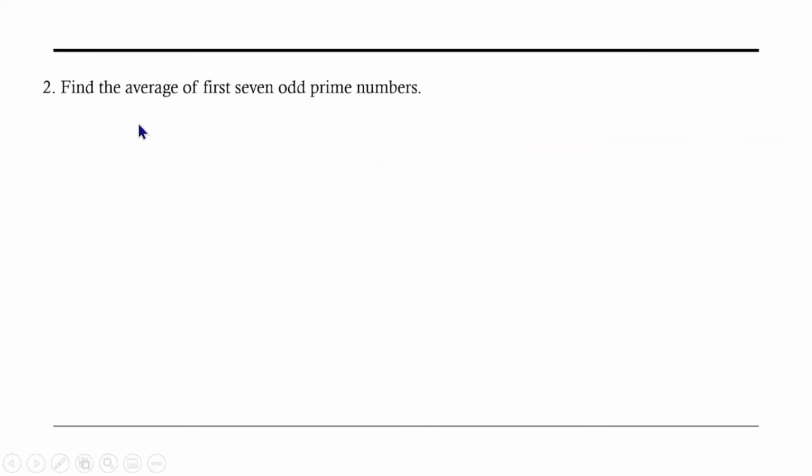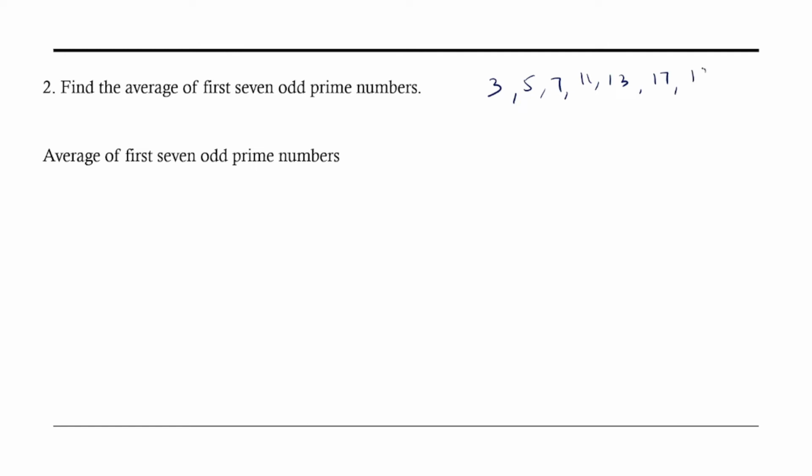Next question, find the average of first 7 odd prime numbers. So we have to see the first 7 odd prime numbers and then we have to find the average. So we know the first 7 odd prime numbers: 3, 5, 7, 11, 13, 17, 19. So the average of these